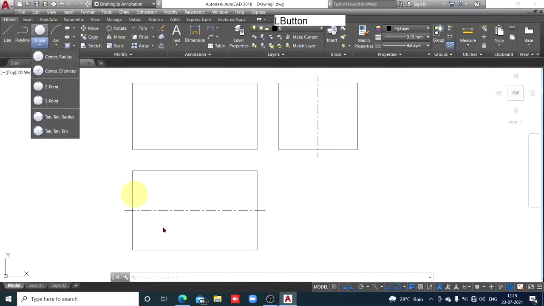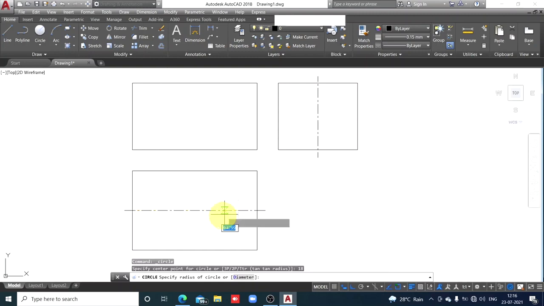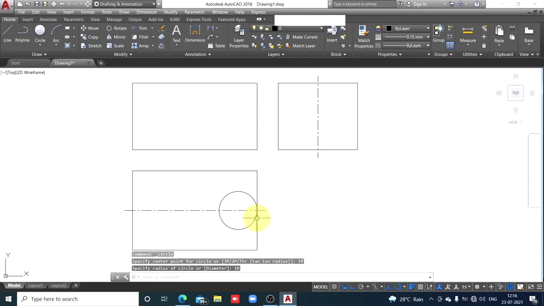So circle, center, radius. From the right end, don't click it, just trace that point on the left side, 18 millimeters. I'll type 18 millimeters, 18, enter. So I got that center at a distance of 18 millimeters. And now radius 18, enter. So this is how I have located in the top view